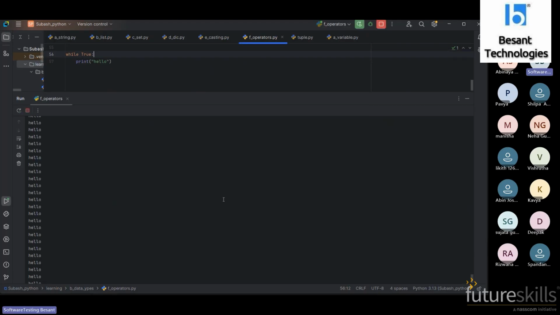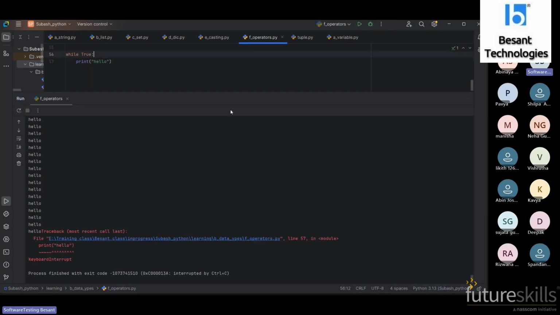It won't stop because we have provided the condition True by default. So the program will run by default and won't stop anywhere, so we need to stop it manually.